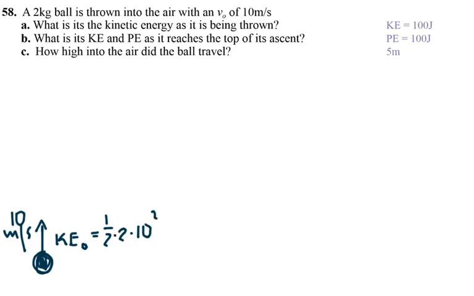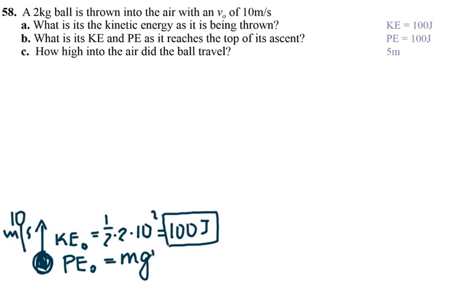So it looks like it's going to be 100 joules. And because it's all the way at the ground, its initial potential energy is 0 because it's mgh and h is equal to 0. So the total energy of your system in this case is